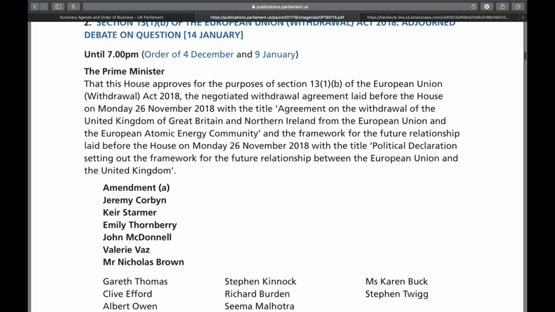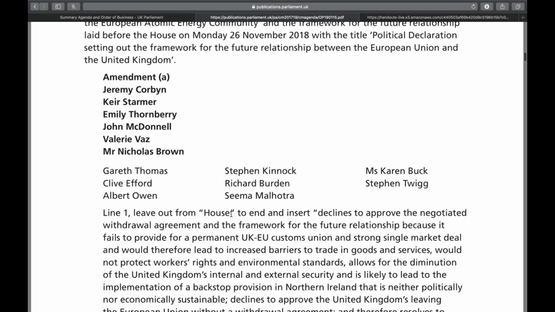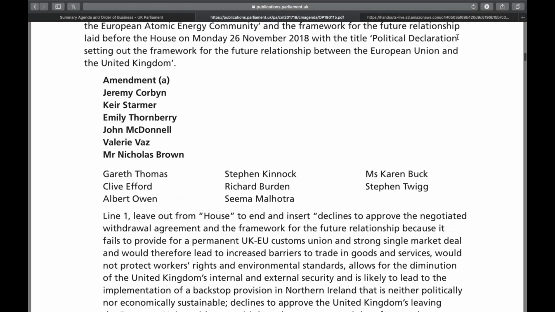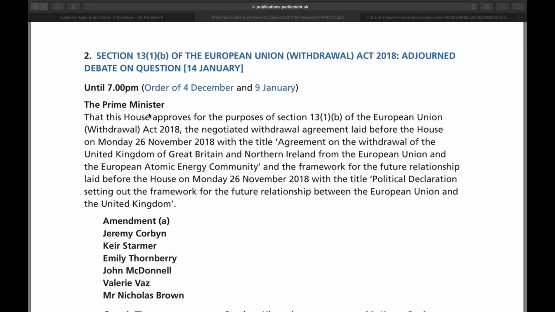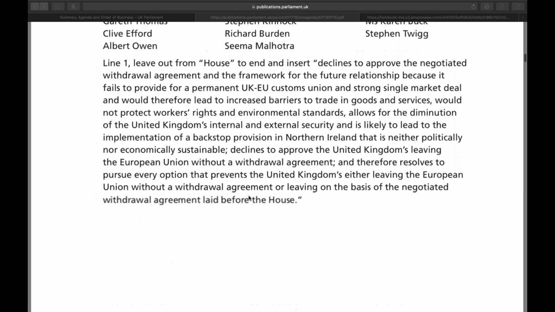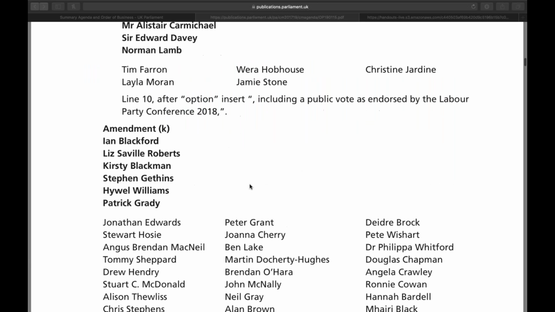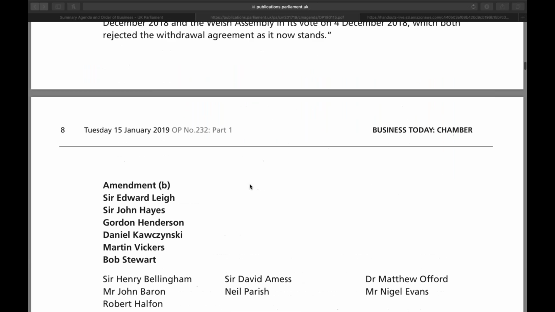So Jeremy Corbyn's amendment, he wants to leave out from that and insert declines to approve the negotiated withdrawal agreement and the framework for the future relationship because it fails to provide for the permanent UK. This is Jeremy Corbyn's amendment. And so if his amendment is accepted, then there'll be no point voting on the Prime Minister's amendment because she's lost. Okay, so you see, an amendment can upset the vote before the vote even happens, so be aware of that. And the amendment that's very interesting that I want you to look at